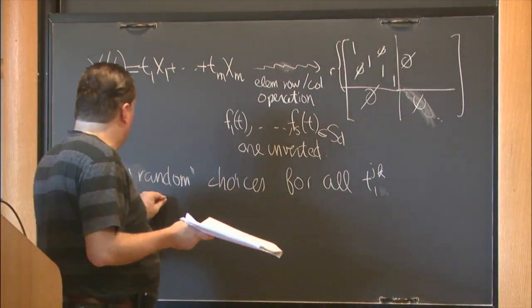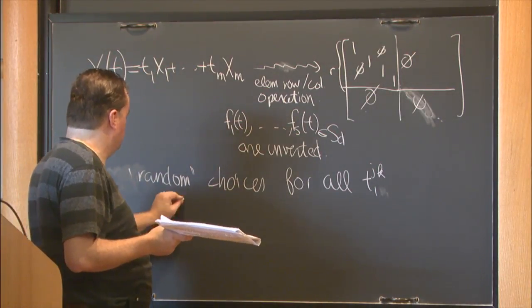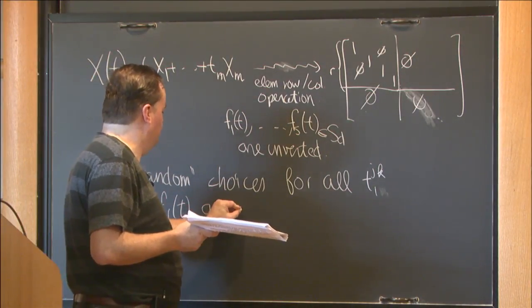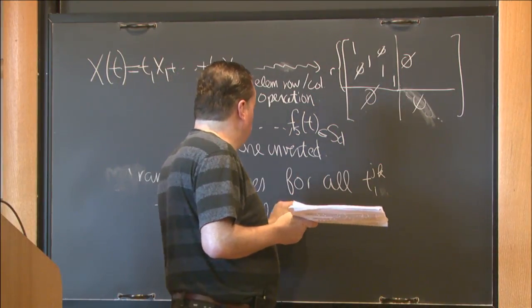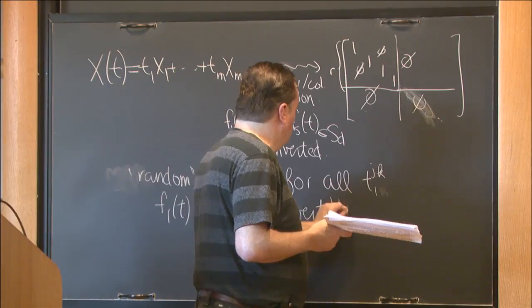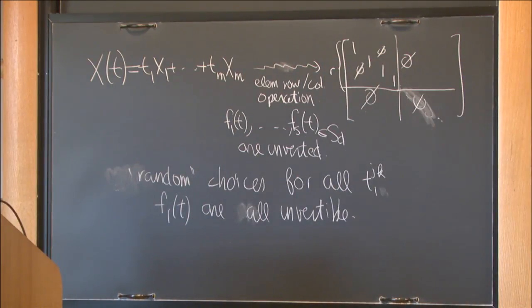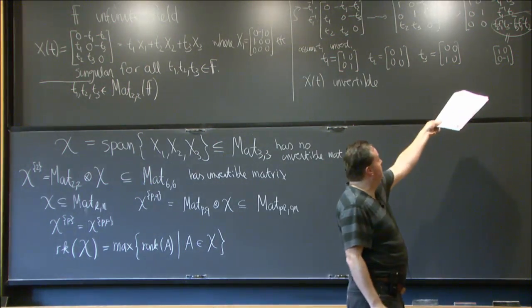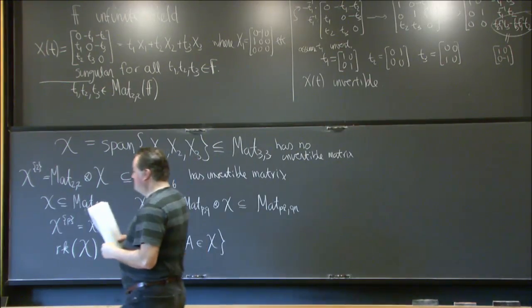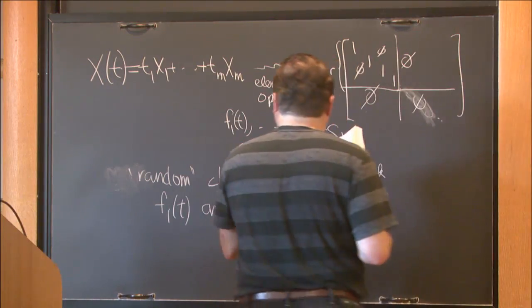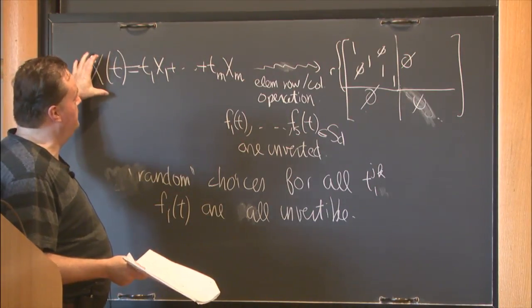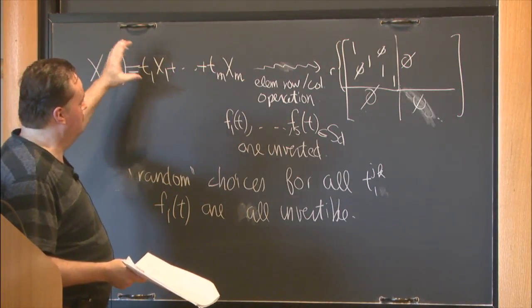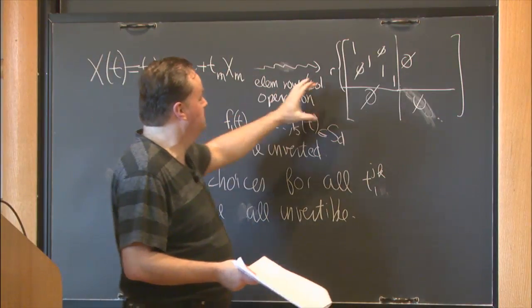And then these matrices are all invertible. They may be complicated expressions, but they're all going to be well defined and invertible. And so now we basically have this matrix, and we do elementary row operations on this matrix, and